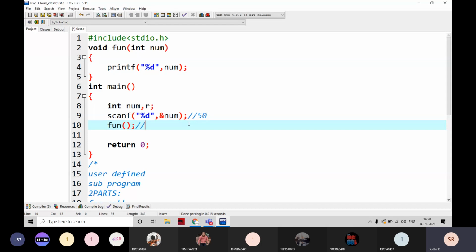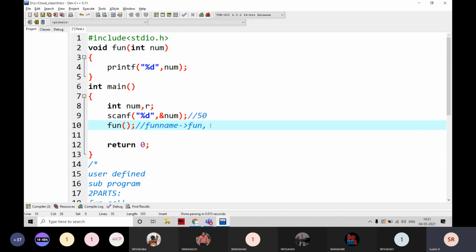The first one is: what is the function name? That is going to be fun. This is only the function name.